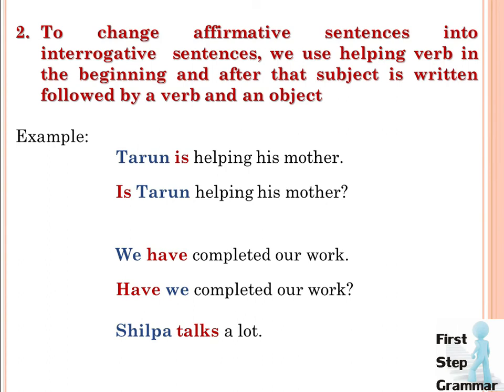Now in this sentence we don't have any helping verb, but this sentence is based on present definite tenses. So here in this case you can see the word talks is a main verb in which talk plus s is used. And if I want to change into the interrogative case, as per the rules of present definite tenses, we will use does in the beginning, then we will use Shilpa, which is the subject here, and then we'll talk the base form of verb, and then we'll use the word a lot, and after that a question mark will be used. So in this way we can change an affirmative sentence into the interrogative sentence.